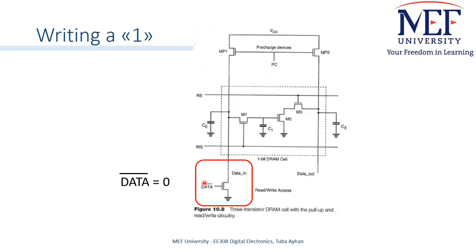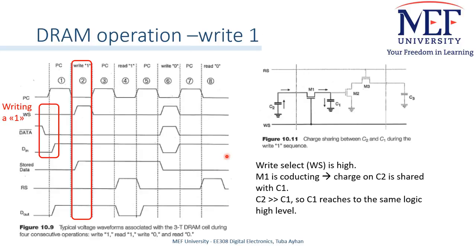Consequently, the data write transistor is turned off and the voltage level on column data in remains high. So this happens when we want to select 1 as the logic data to be written. Then we can go on